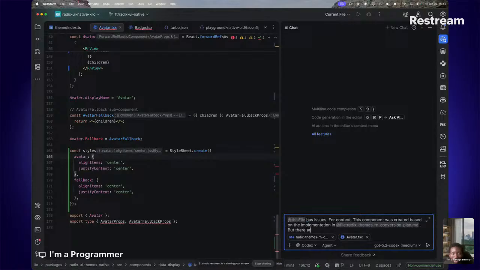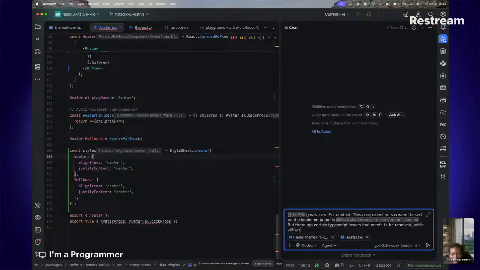But there are certain TypeScript issues that need to be resolved while still ensuring that this project